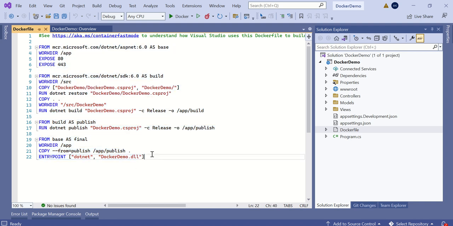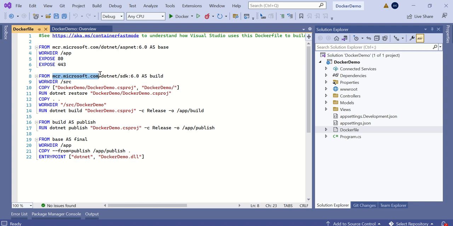We will see this in great detail. In the Dockerfile we have the FROM command, where you define the base image you are taking, and the work directory, which is app. I am exposing ports 80 and 443. To run my application, because it is a .NET application, I need SDK 6.0 as a build. So where am I getting this SDK 6.0 from? I'm getting it from one of the libraries,